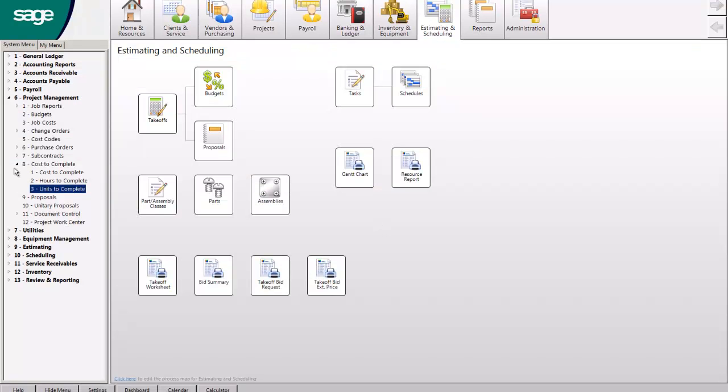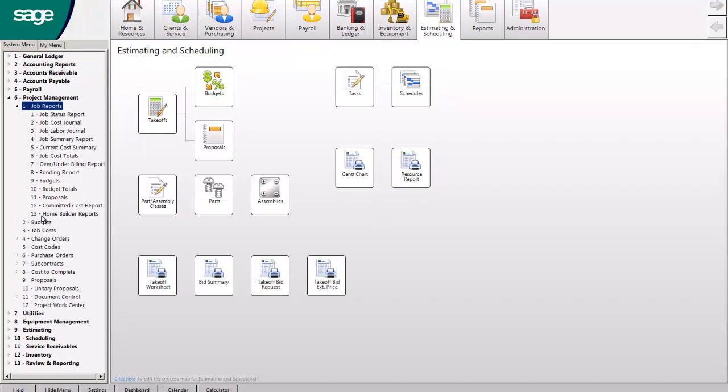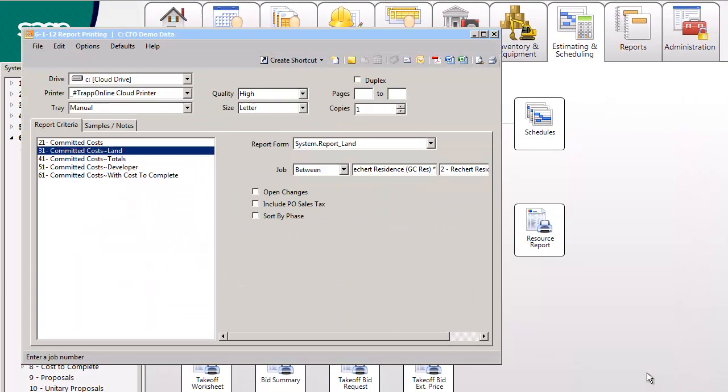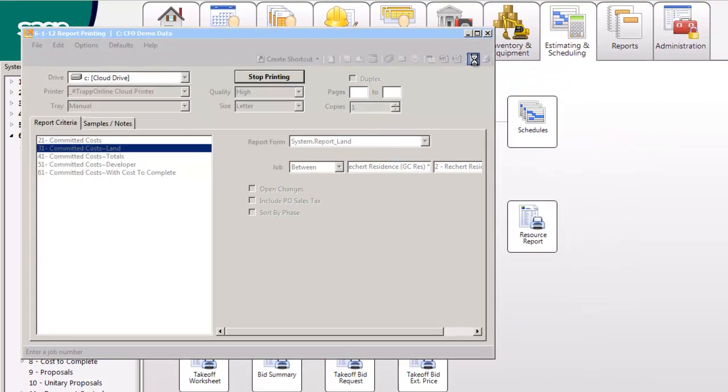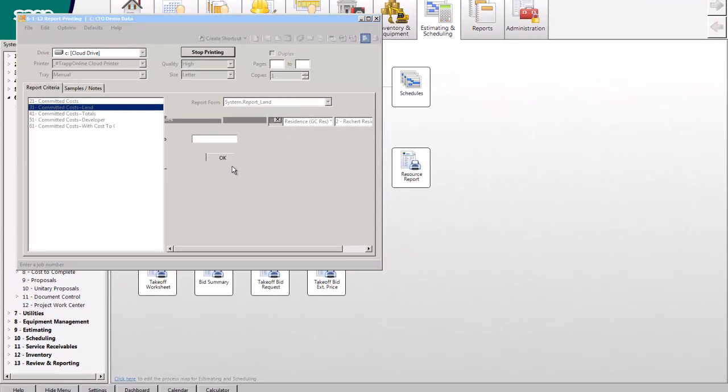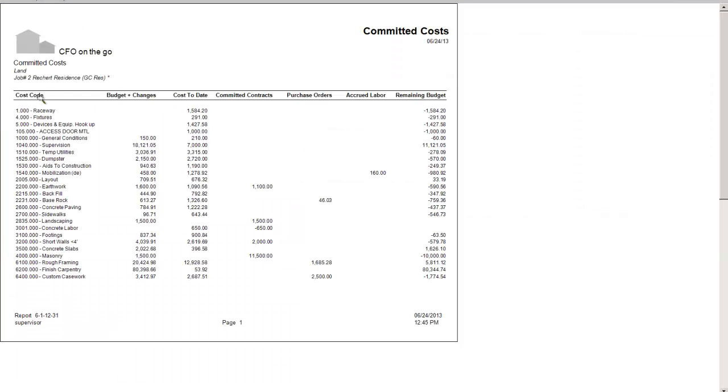So those are 2 reports I really like. The one I think you were really interested in, because I saw you marked it, and it's hard to do in QuickBooks, is this committed cost report, because that's a moving target all the time. What this report is going to show me, for a job by task, is my budget plus approved change orders,